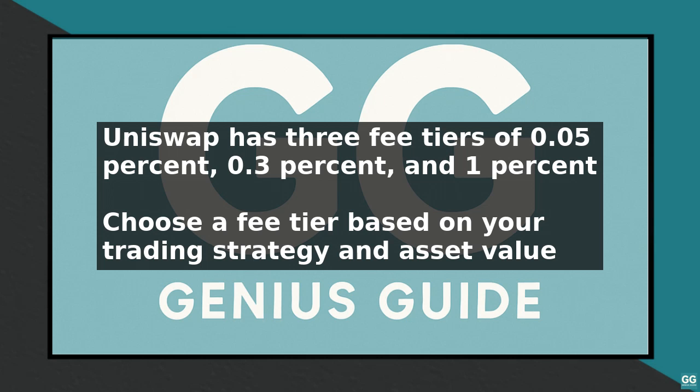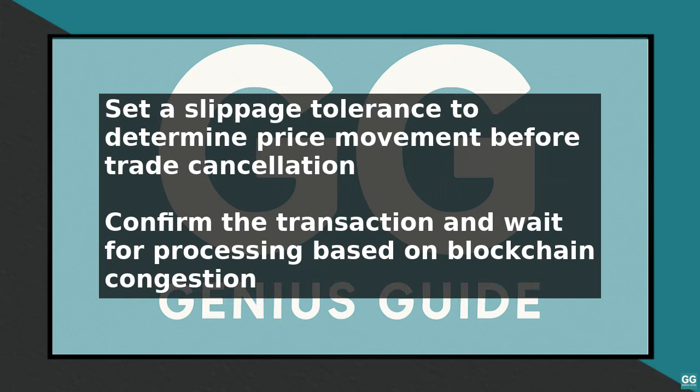It is essential to understand the risks involved in trading on Uniswap, including market volatility, liquidity risks, and smart contract risks. You should also be aware of the fees associated with each trade, including the trading fee, gas fee, and slippage. To minimize risks and maximize returns, you should use a reputable wallet, set a reasonable slippage tolerance, and monitor